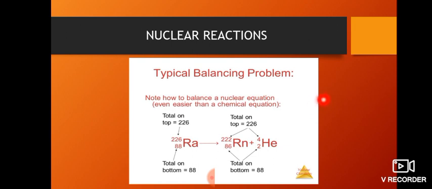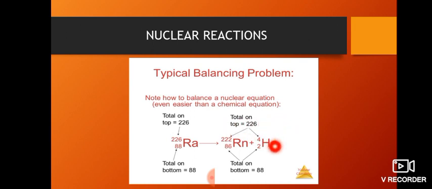Let's look at a brief overview of nuclear reactions. Nuclear reactions are different from chemical reactions. They are even easier than chemical reactions. On your screen, I have a typical nuclear reaction. There are things you have to know when we are writing nuclear reactions. When we are writing chemical reactions, we don't even need our atomic numbers, because we know that chemical reactions involve electron transfer or sharing of electrons. So we are forming bonds and breaking bonds.